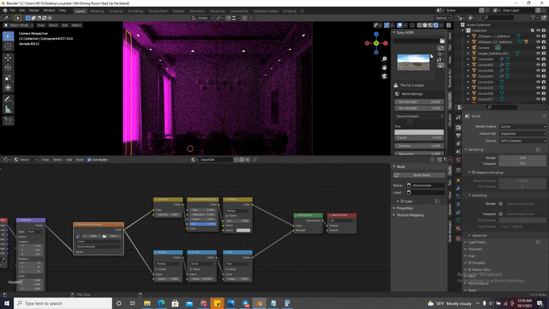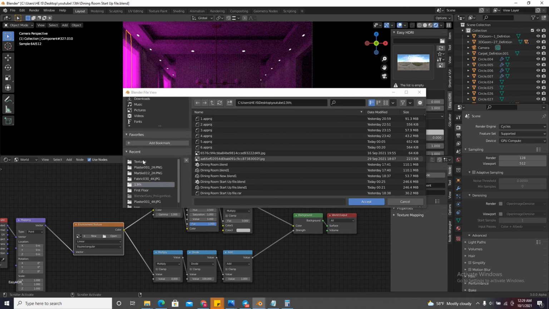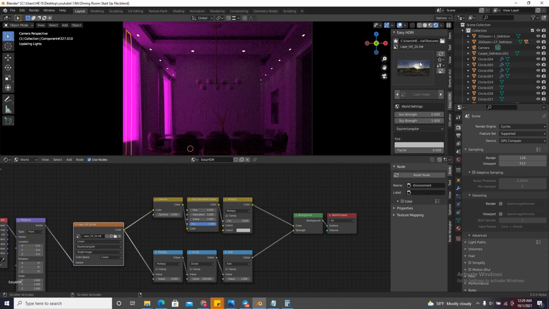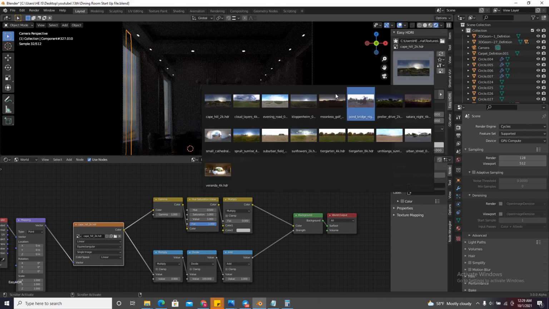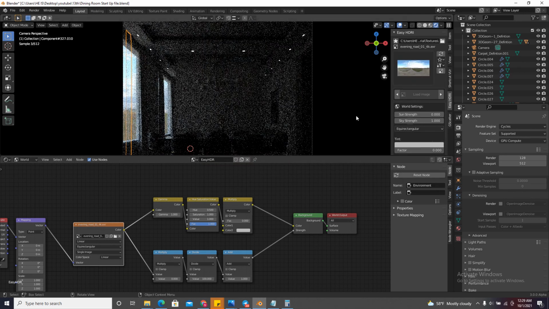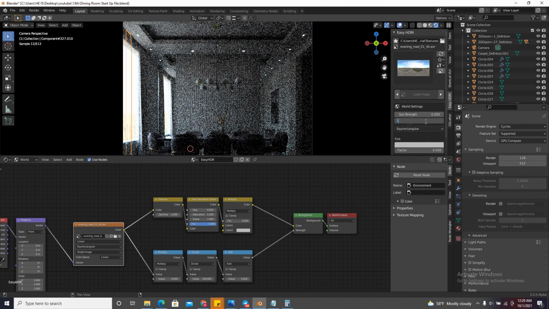Yeah, and just click this folder and select. I'm going to select the folder that has the HDRIs, and I'm just going to select this evening HDRI. I'm going to change the strength to 5 or 10 somehow,